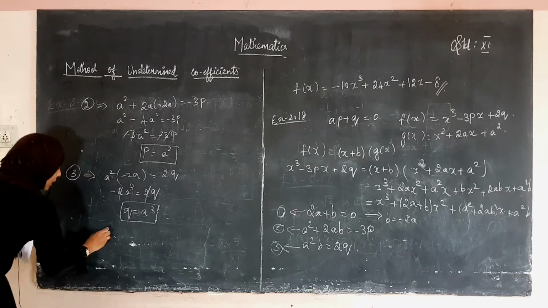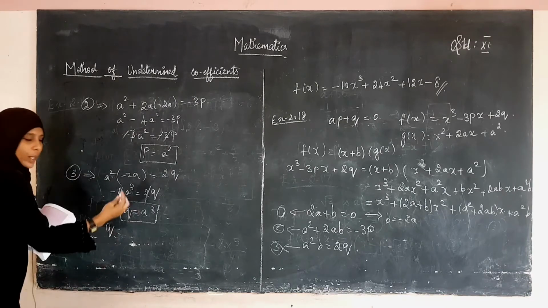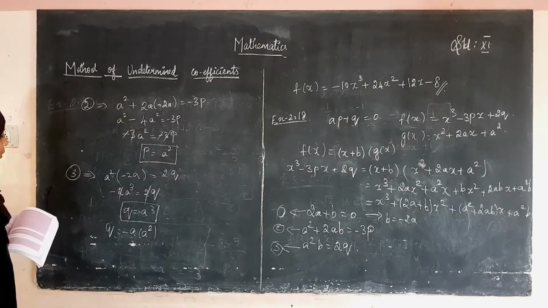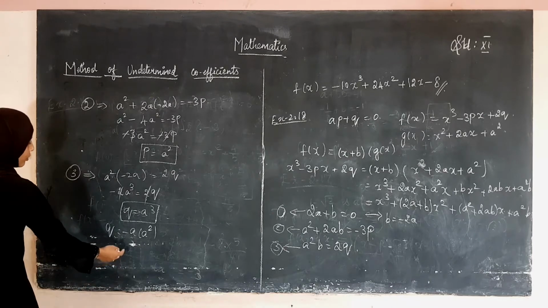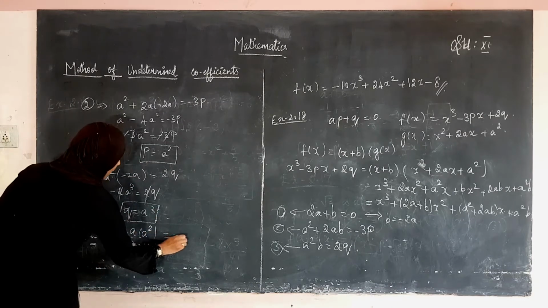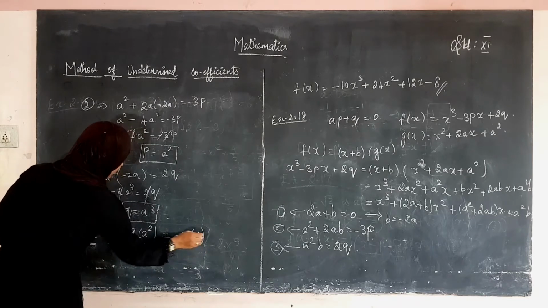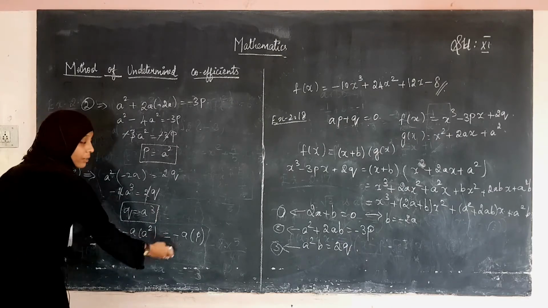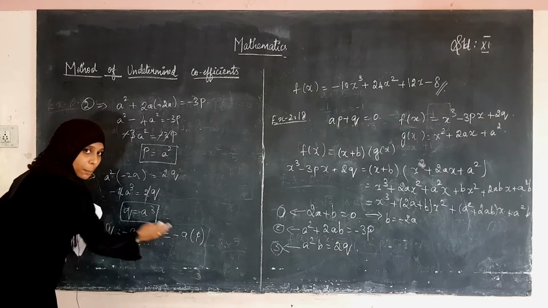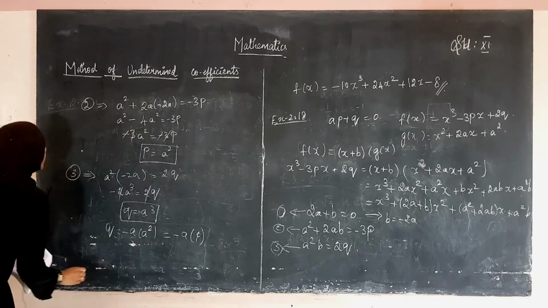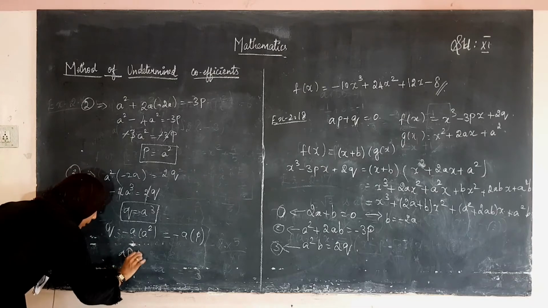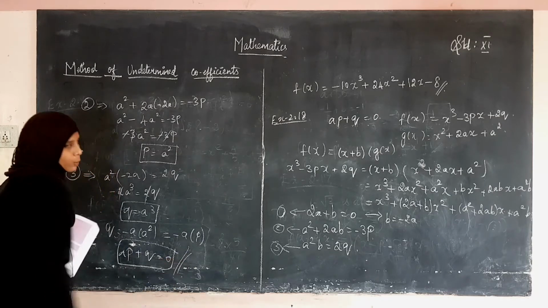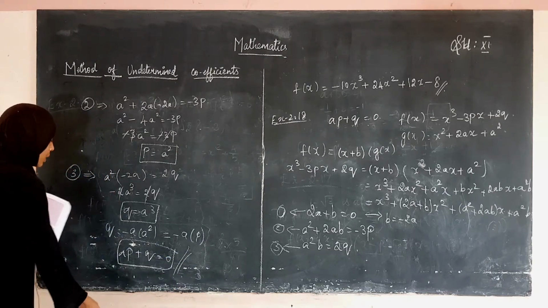Now, let us take this q alone. So, minus a cube can be written as minus a into a square. Is this possible? Minus a into a square. We already know what is the value of a square. a square is p, right? So, minus a into p. Okay, bring this side. So, here on the left hand side we have q and the right hand side we have minus a into p. So, bring this minus ap into the right hand side. What happens is ap plus q is equal to 0. This is what we have to prove, right? So, hence prove the condition. You have to write hence prove the condition. This is what we have to prove.